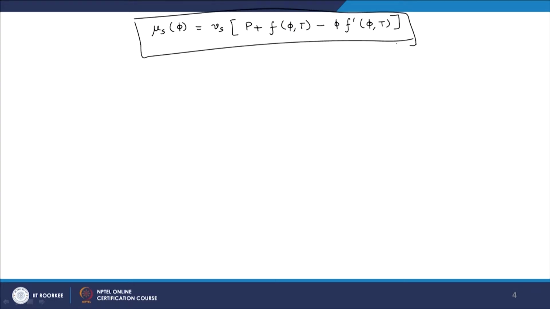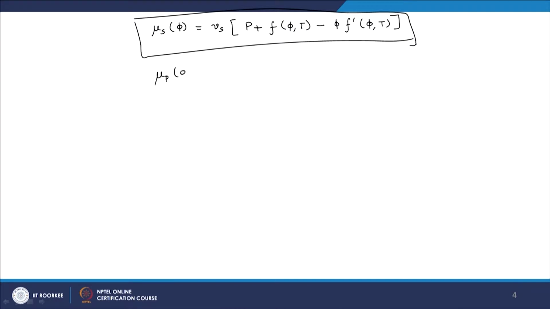Okay. Just to recall, I am putting back the temperature here. So, I was just writing f of phi for convenience sake earlier. In fact, I will be interchangeably using f of phi, T and f of phi, but eventually we will discuss the temperature effect, and then the temperature part will become useful. But so far, the temperature has not played any role in our mathematical formulation. Okay. All right. So, now if you recall, I will just also write the solute chemical potential term here.